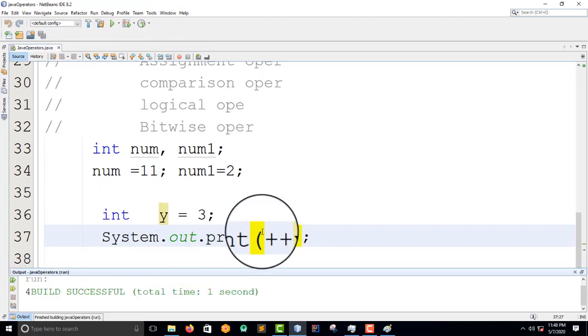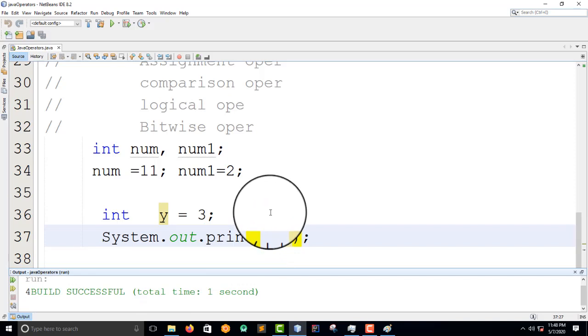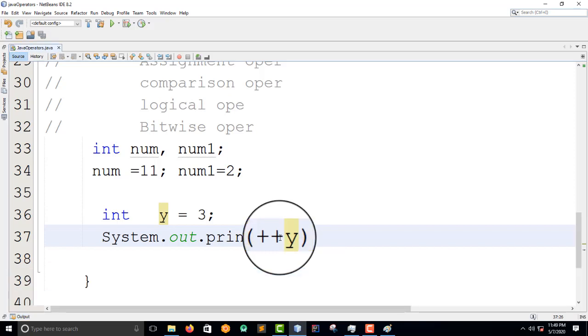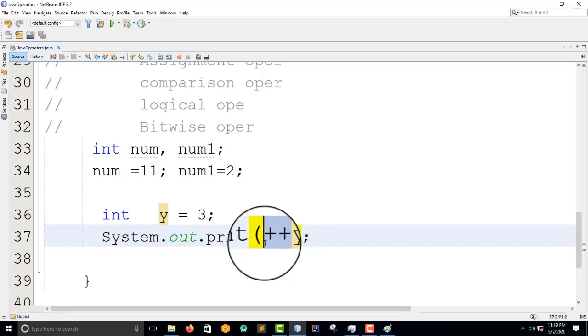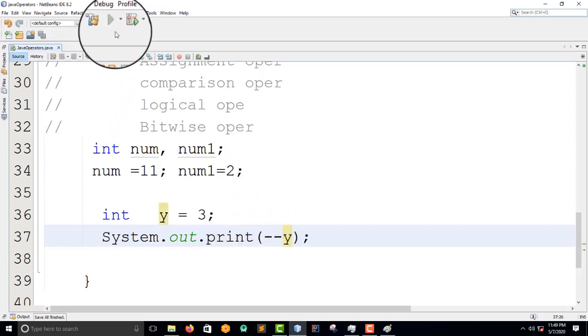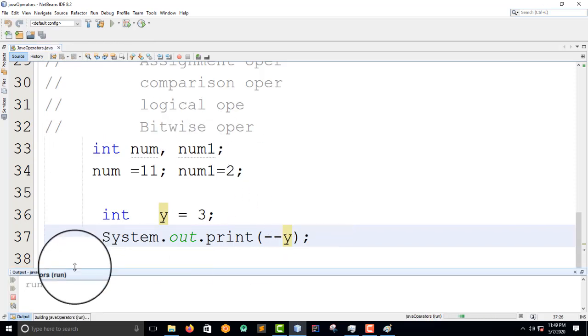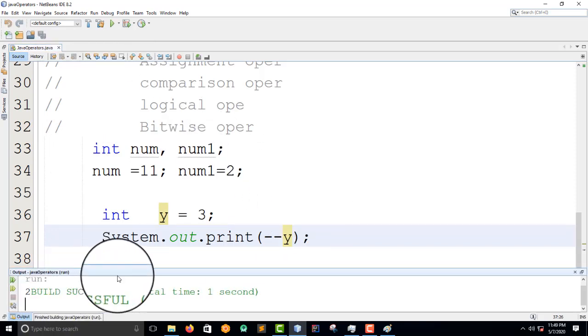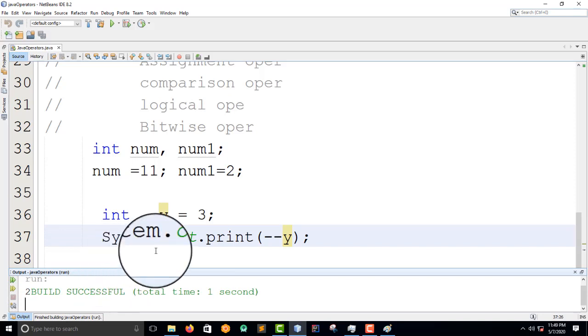Okay, we have 4. So increment is simply you add 1 to the value. It's adding 1 to the value that you have already set. If it's the decrement, you just use this. This is called the pre-decrement, the pre-increment. You have post also, but guys, we will do that in a later chapter. So let me do this. This is the decrement type. Let's run and see what we'll have on the console. We have 2, so you have subtracted one from the value, that is it.